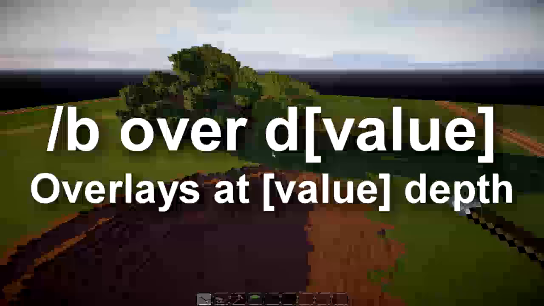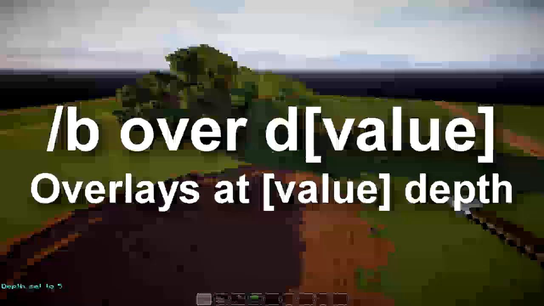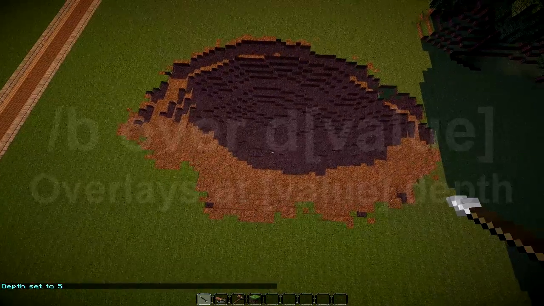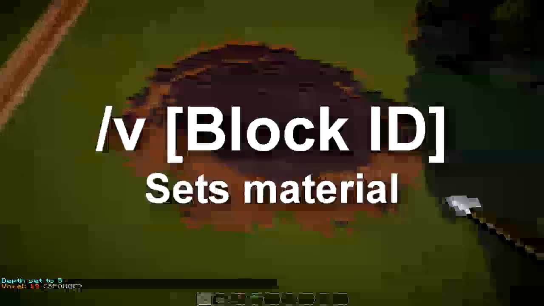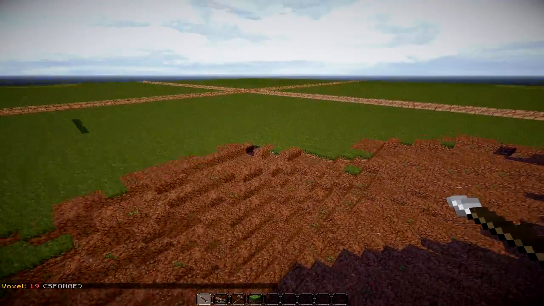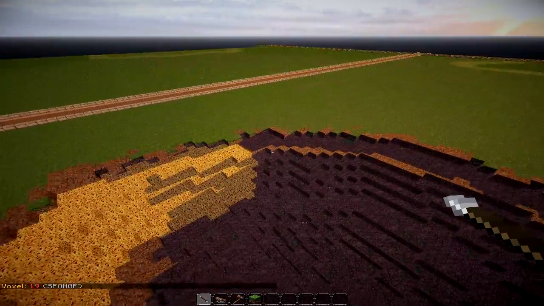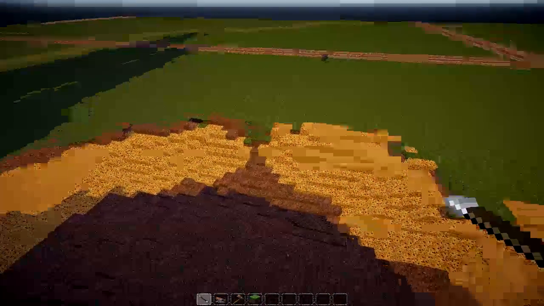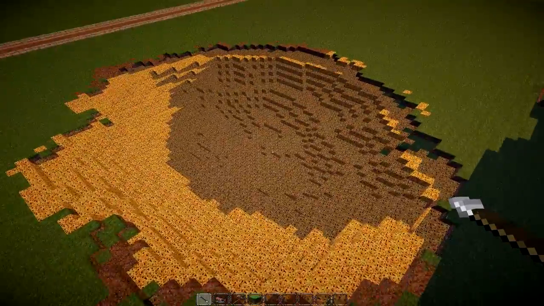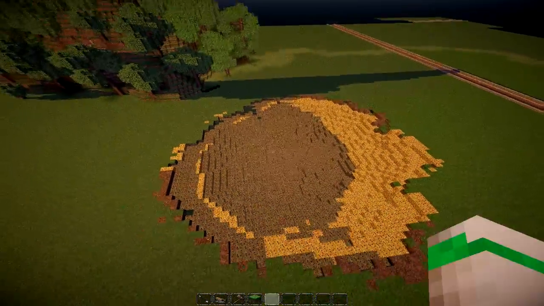is to do /b over d, and I'm going to choose a depth of 5, and then set Voxel to whatever block you really want. I'm going to choose sponge since I know that it's quite easy to mark out and see. So generally, just where you want sand and cobble and stone and clay to be, you use the brush, just holding it. Okay, so I have overlaid the area I want to randomize with sponge,